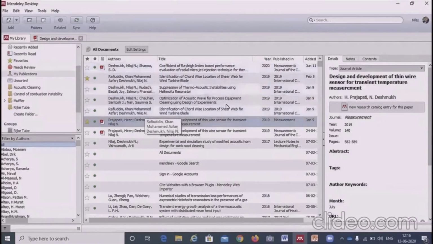So this is the Mendeley desktop. I hope all of you got a brief idea about the desktop. And again, it's very user friendly. You can download it, you can start using it, and obviously you will find it very interesting and helpful for your work. Now here, as I mentioned, we can use this Mendeley for preparing your introduction and preparing your bibliography.